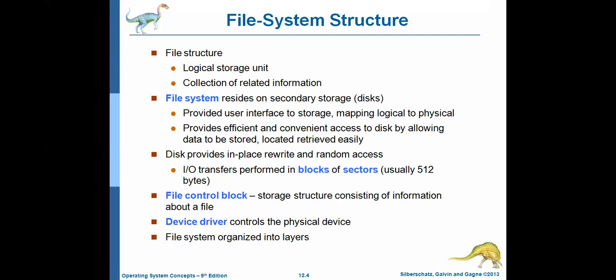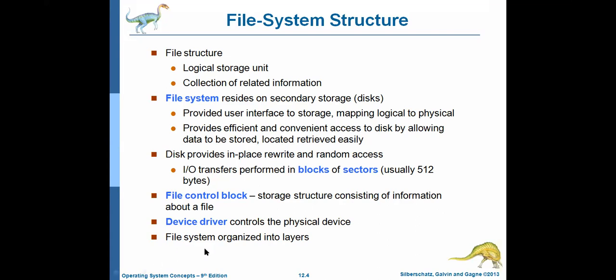As I told you earlier, IO operations means input output transfers performed to the disk in the form of blocks. Okay, a block is usually 512 bytes. It may be more than that; depending upon the capacity of the disk, the block size may vary. Usually it is 512 bytes. That means you can read a block or you can write to a block. Okay, that means all the IO operations are performed based on the blocks.